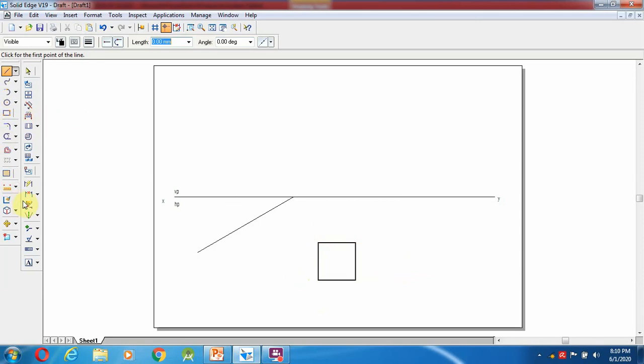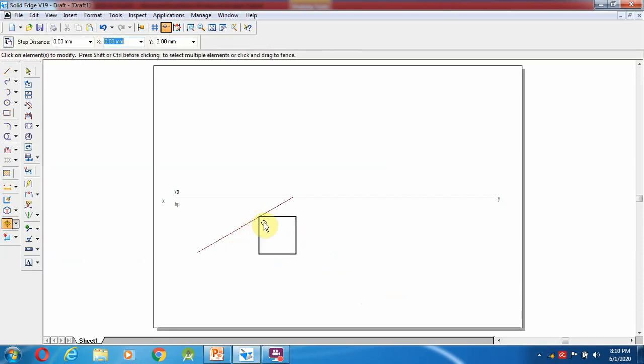Then go here and select the move option. Without copy, the entire thing has to be moved. I'm going to move this edge, selecting the corner, so that the line touches and I keep it.